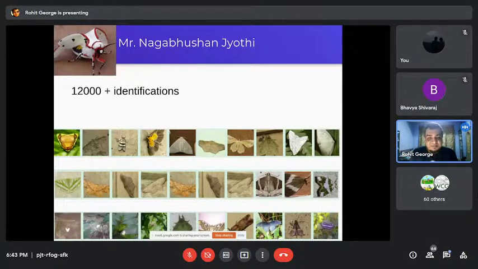But Mr. Nagabhushan will tell you himself that everything he learned about moths, he didn't learn in college or from any books. He learned everything by participating in citizen science, by looking at other people's photographs, by putting his own photographs and watching and learning what IDs people give him. All of these photos you see here are actually photographs from Northeast India by Mr. Nagabhushan. But I believe he's never visited Northeast India. So he's learned about all these species while sitting in North Karnataka only. I feel Mr. Nagabhushan is a very good example of what is possible by participating in citizen science.